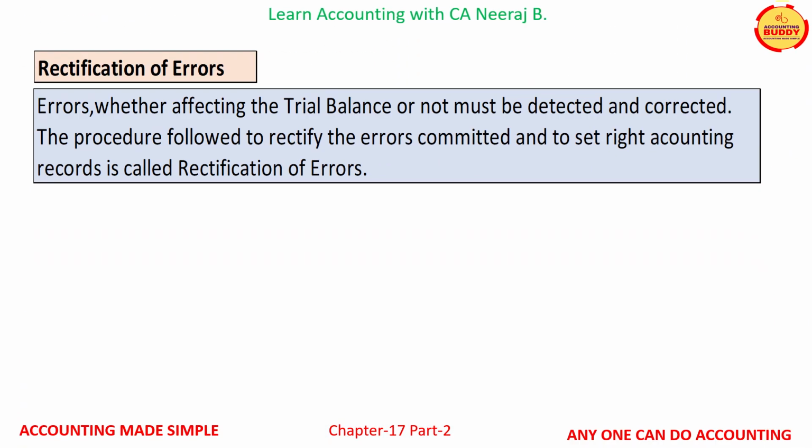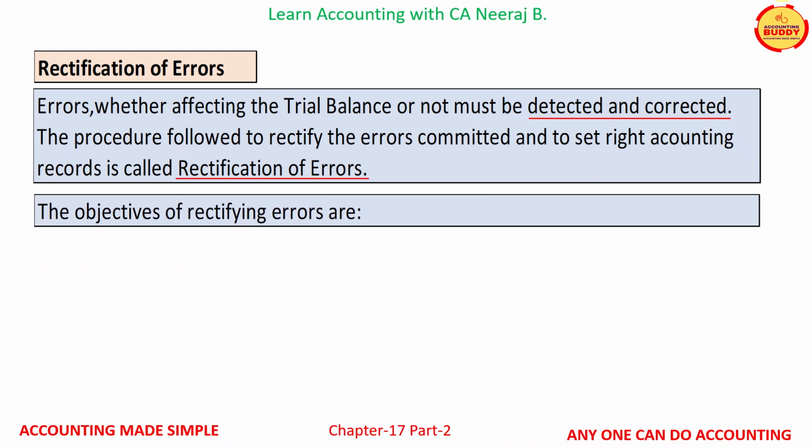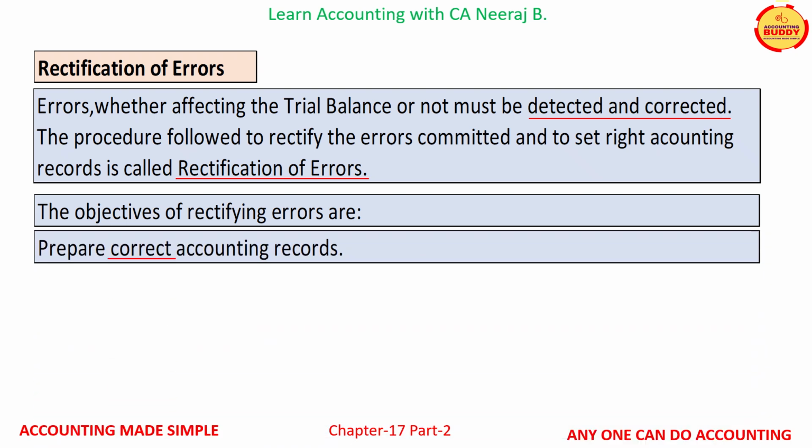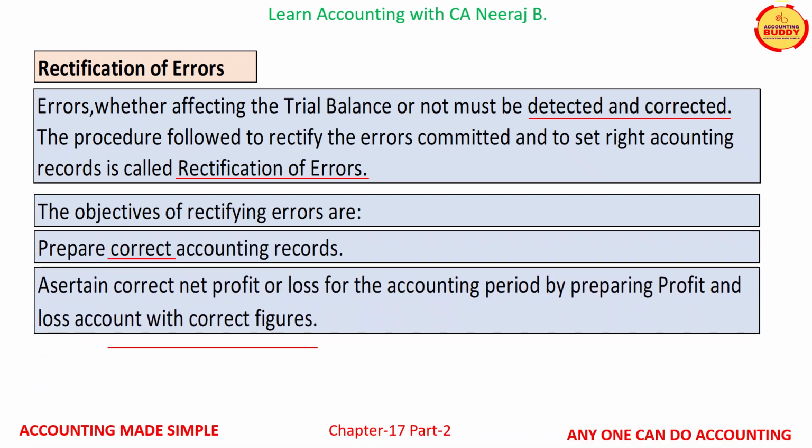Accounting errors must be rectified. Errors, whether affecting the trial balance or not, must be detected and corrected. The procedure followed to rectify the errors committed and to set right the accounting records is called the rectification of errors. The objectives of rectifying errors are: prepare correct accounting records, ascertain correct net profit or loss for the accounting